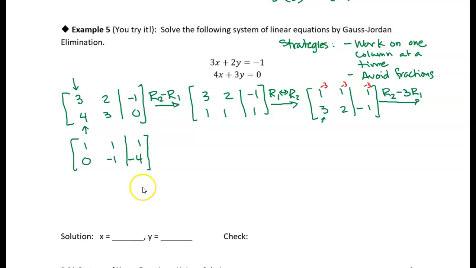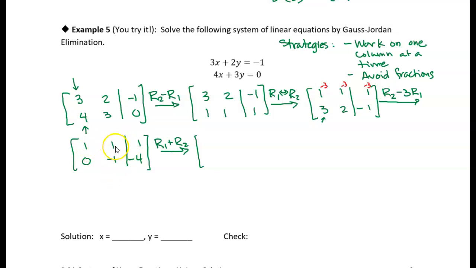All right, so I'm done with row 1. I got the 1 and the 0. So I'm almost there. I know what I want the second column to look like: a 0 and then a positive 1. Now I could just multiply the second row by negative 1, but why don't I just use it as it is? If I take row 1 and add row 2 to it as it is, then I'll get my 0 where I want it,